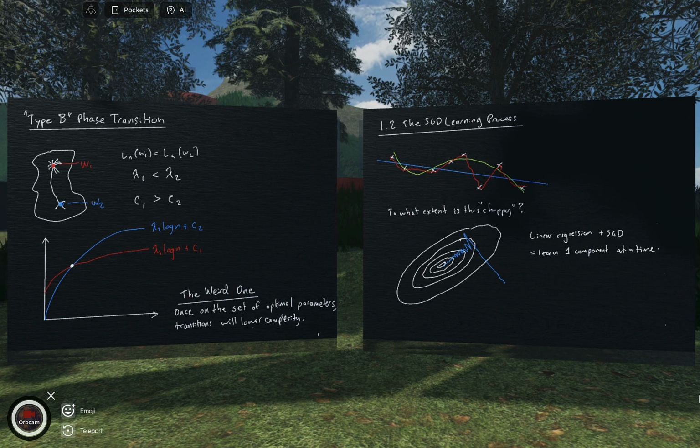Okay, but that's a very simple example. Can we go more realistic? I think you can see the rest of today, when we're going to talk about deep linear networks as maybe the next step up from linear regression towards neural networks. In any case, there's at least some precedent for expecting this process of becoming more and more complex to occur in chunks. Okay, but can we say more?